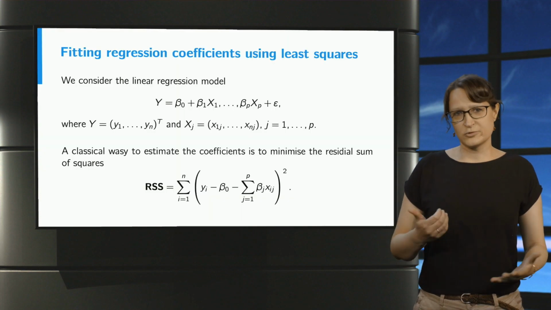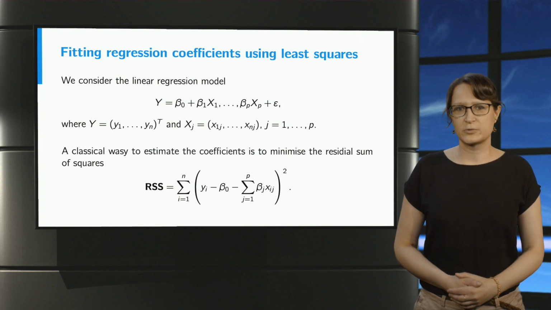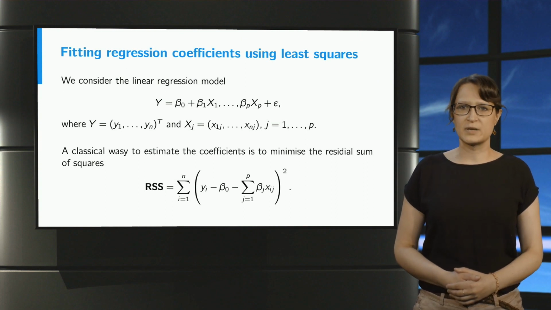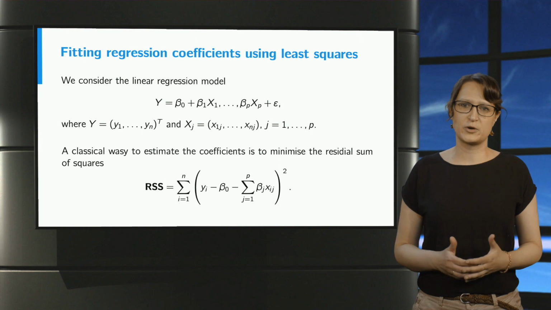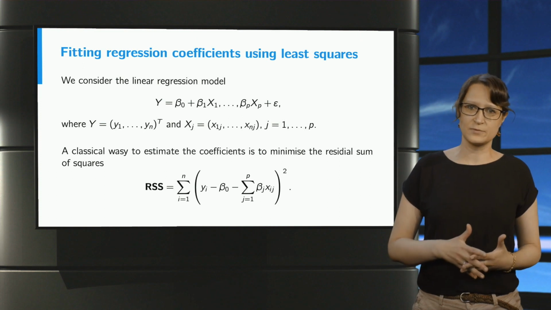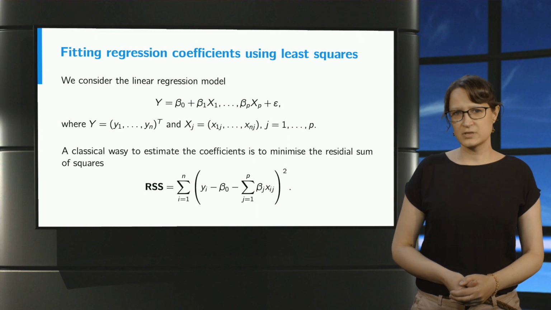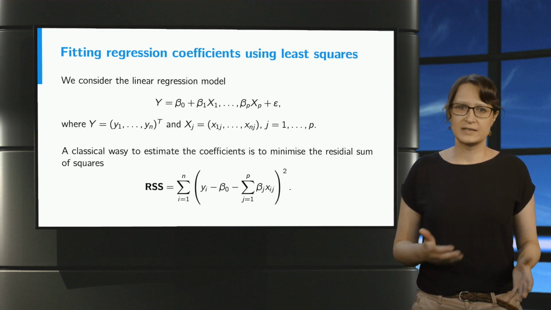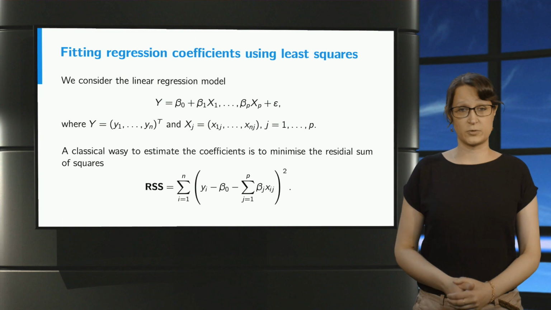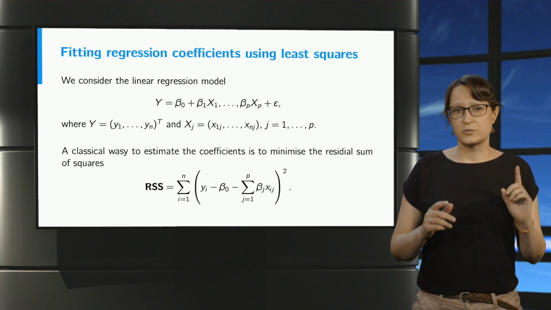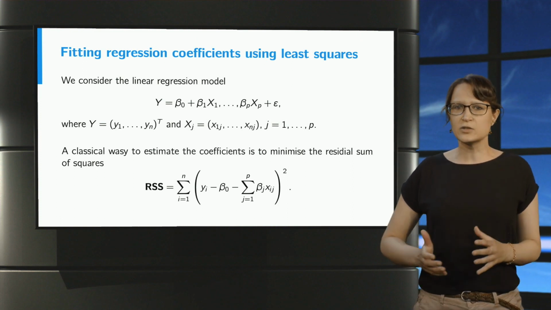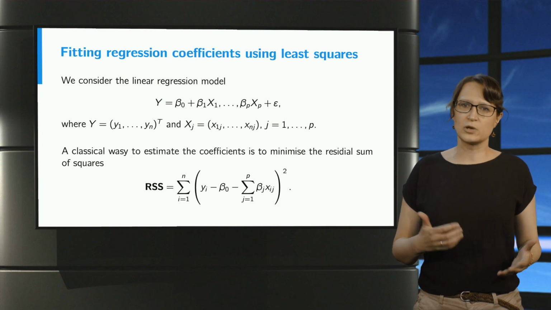So as a reminder, we consider the linear regression model where we would like to estimate the unknown parameters beta 0 to beta p from the data y. And a classical way to estimate the coefficients is to use the least squares method. That is, we minimize the residual sum of squares. And remember now that some of the predictors in the model might be irrelevant, and we would like to set